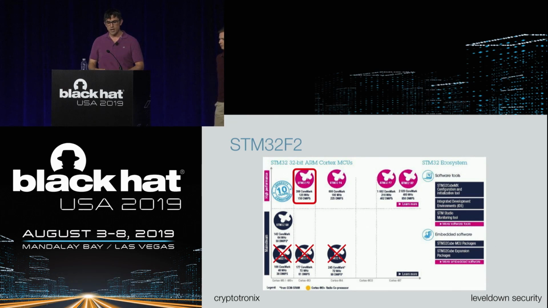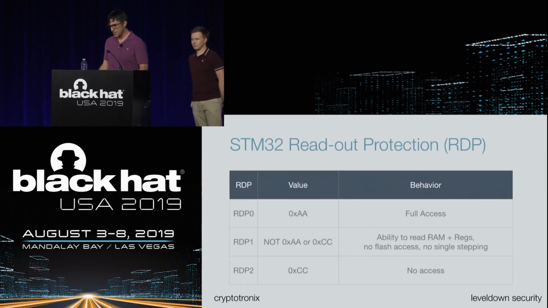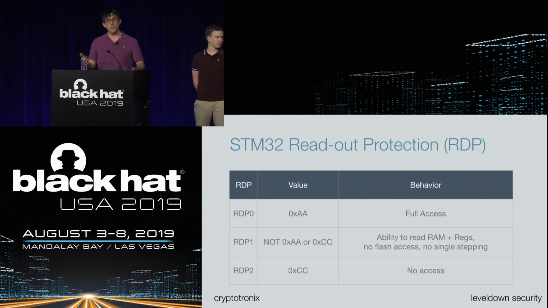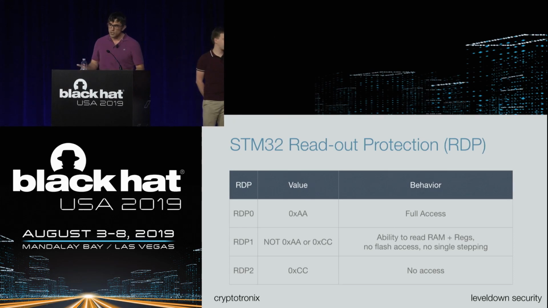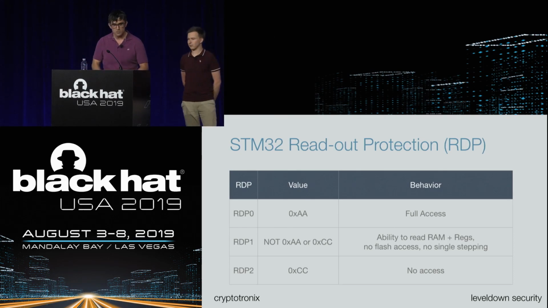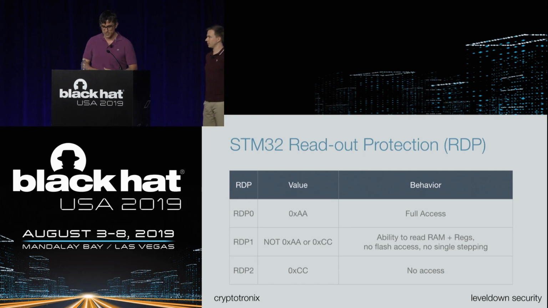And so the Bootrom, the only real security feature the STM32 has is this readout protection. And it's not in the main data sheet, there's this app note you have to find, but basically there's 3 levels of readout protection. Readout protection 2, so now I'm just going to say RDP2, now we all know the acronym. RDP2 is the highest security, which means you have no access. RDP0 means full access, so least secure. And RDP1 is this kind of in-between state.